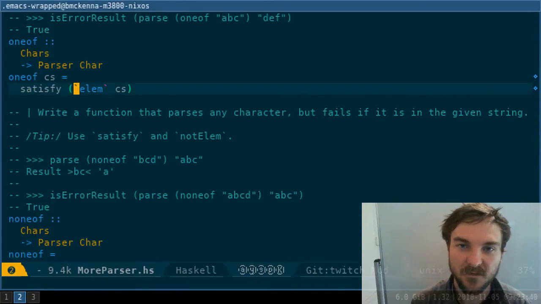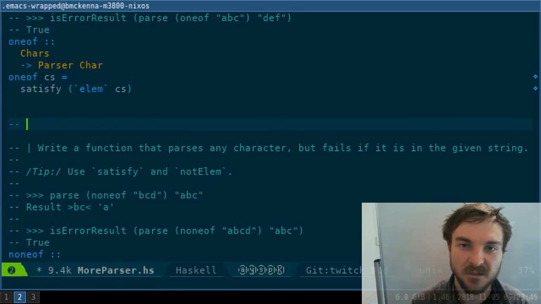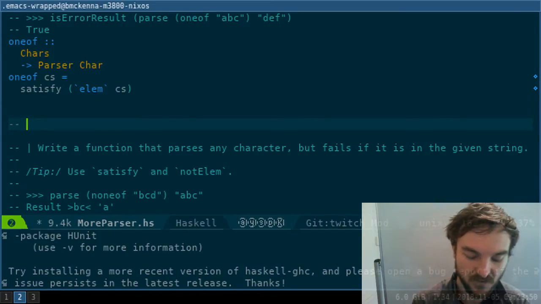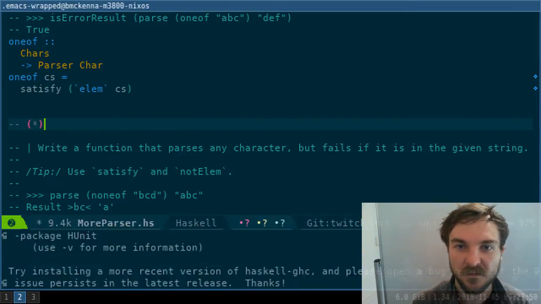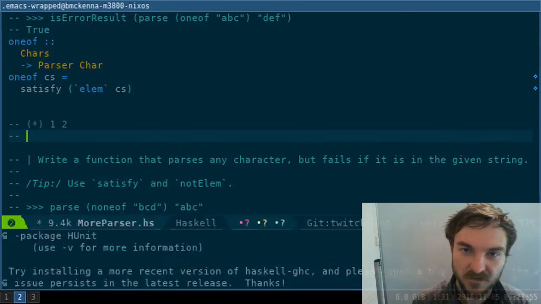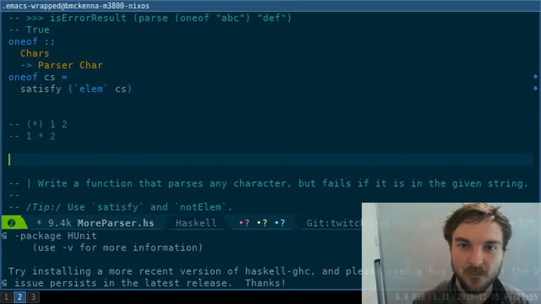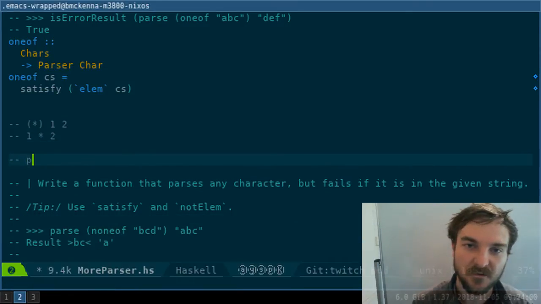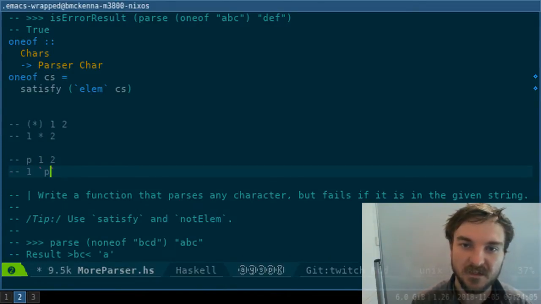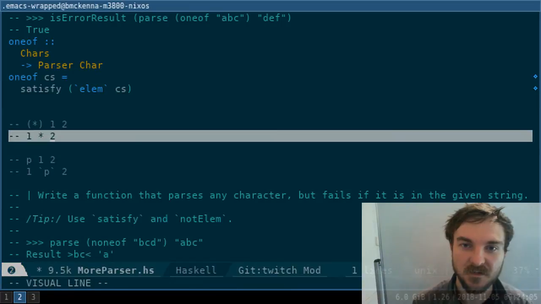To satisfy, backtick elem cs. So remember the backticks are a way of changing any sort of identifier into an infix operator. And remember that operators can be put in prefix by putting them in parentheses, so these are the same thing. Usually identifiers are prefix, so if I put p here, but what we can do is put them in backticks and then we flip that, so then it turns into